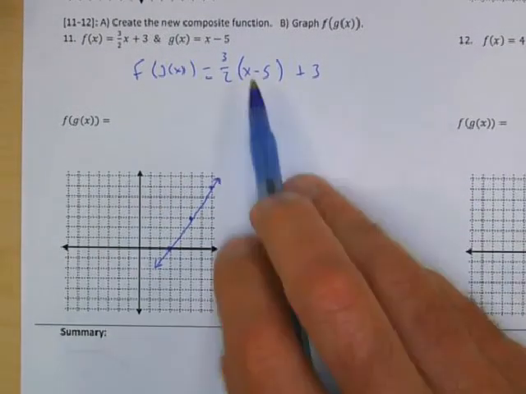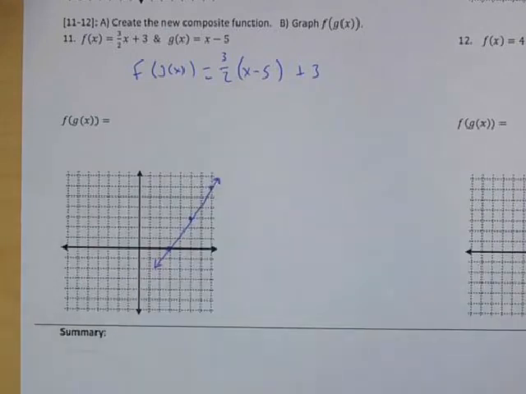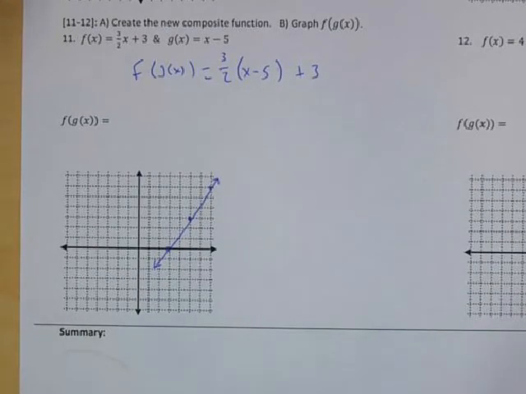Okay. You can also simplify this and get it into slope-intercept form, but then you're going to be stuck with some fractions. So this is probably a little bit easier. All right, and then the last one,